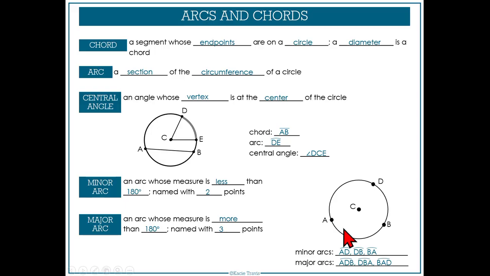But if I name it ABD or DBA, then that lets me know I'm talking about a bigger portion of this. Likewise, we also got ADB. If I look around through those three letters, I can tell this is bigger than half the size of the circle. Same thing with BAD. It is bigger than half the size of the circle, so I can understand that's a major arc. All right,